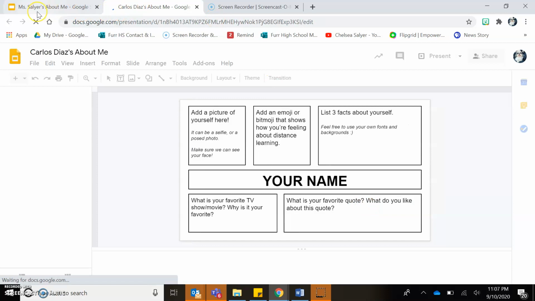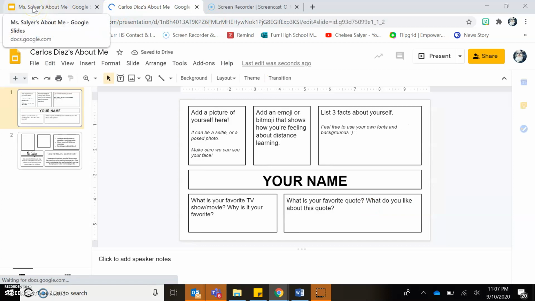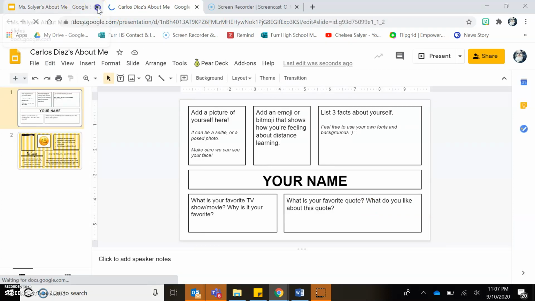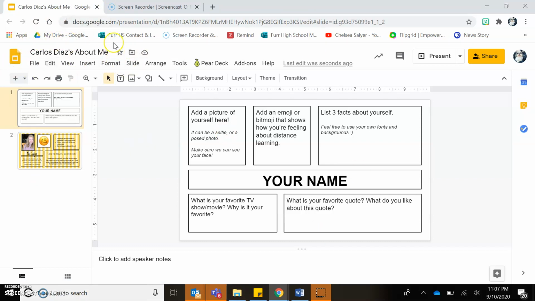Once that is up, you see this is the Miss Salyers one. This is the link I just sent you. You're going to exit out because you don't need that one. You only need the one that has your name right here in the left corner. Once you have this and the Miss Salyers one is closed and all you have open is the one with